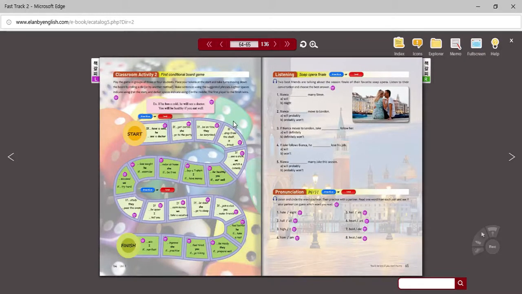All right, for our last activity, this is something you can do for fun. You can do it on your own as a language practice, but it could be fun. It's possibly a game. There's no real strategy to it. Just by rolling a die or some other method, you can move your pieces around the board here on page 64. It's just a series of statements, and you have to change them into the proper form.